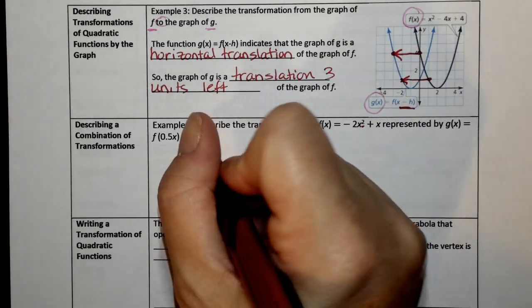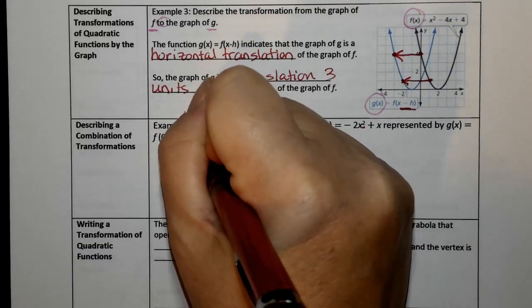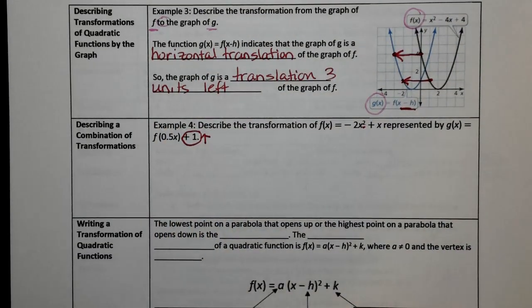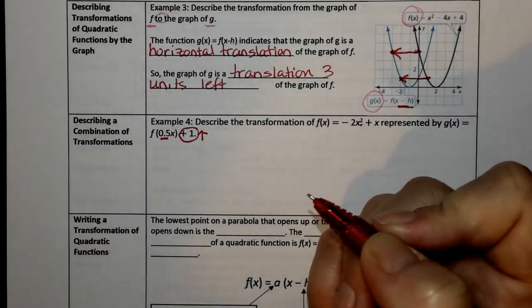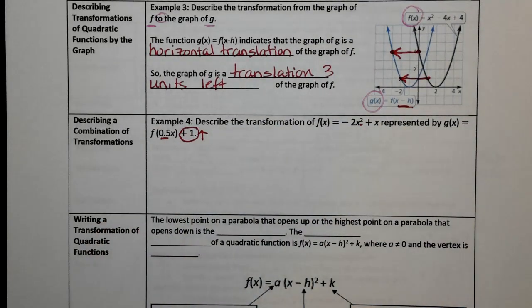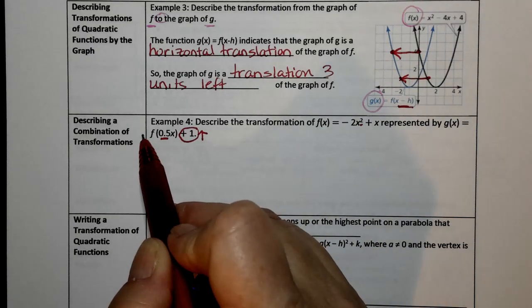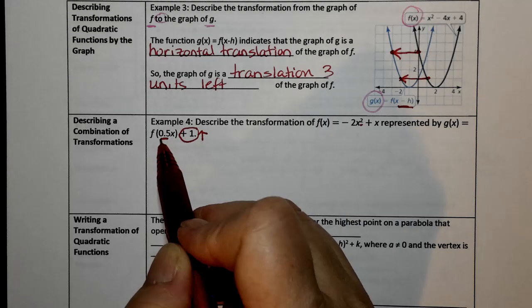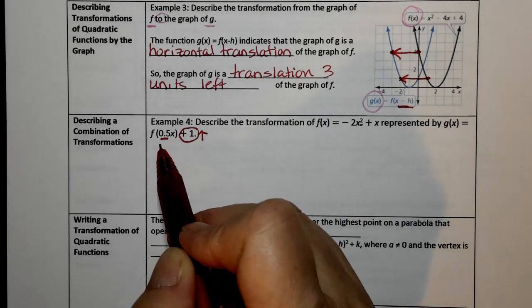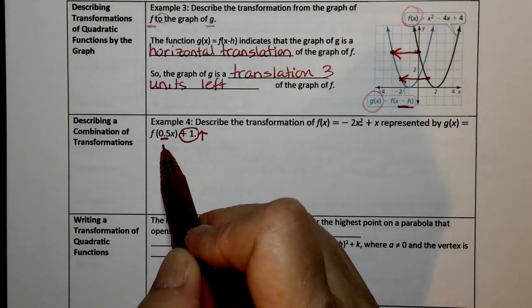So the easiest direction that I bet all of you know is this one right here. You know that that means it goes up. I think most of us have that part down. All right, so what is this 0.5 being multiplied to? Just the x, right? Not the function, because if the 0.5 was out here, it would be the whole thing. So this is just the x. So 0.5 is the same as 1/2. Since it's inside with the x, that means it's a horizontal